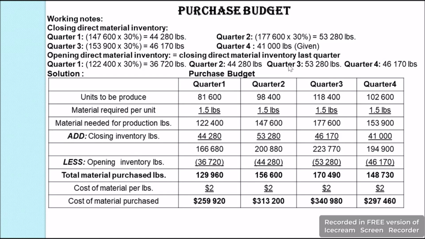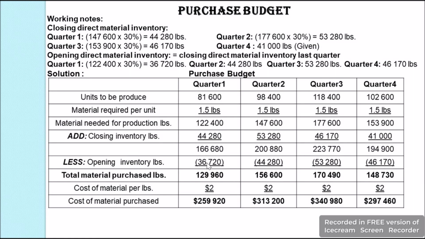In the same way, for the third quarter, the closing inventory of the second budgeted quarter, which is 53,280, will be the opening inventory for the third quarter. In the same way, for the fourth quarter, the closing inventory of our third quarter, which is 46,170, will be the opening inventory for the fourth quarter. Now, as we know all the opening inventories, we are going to take this and subtract it. For the first quarter, it will be